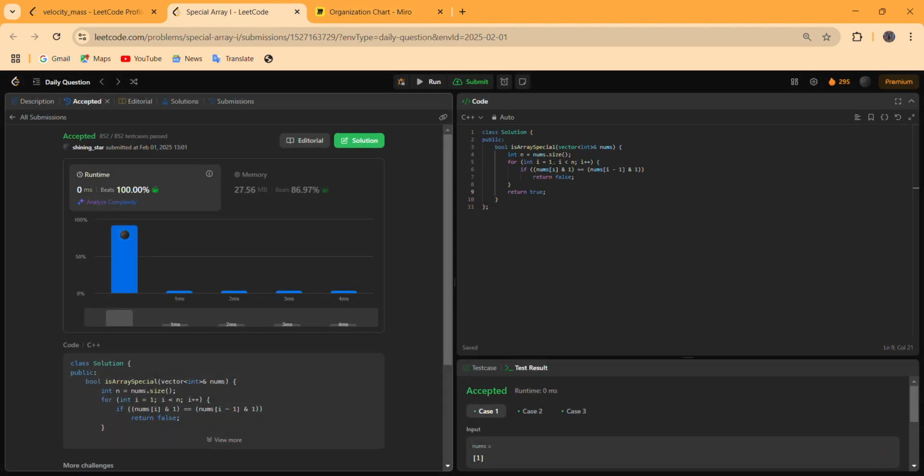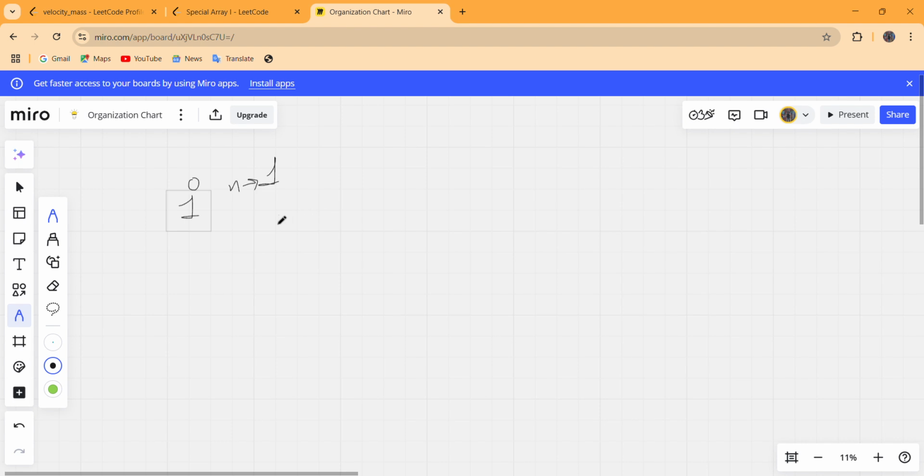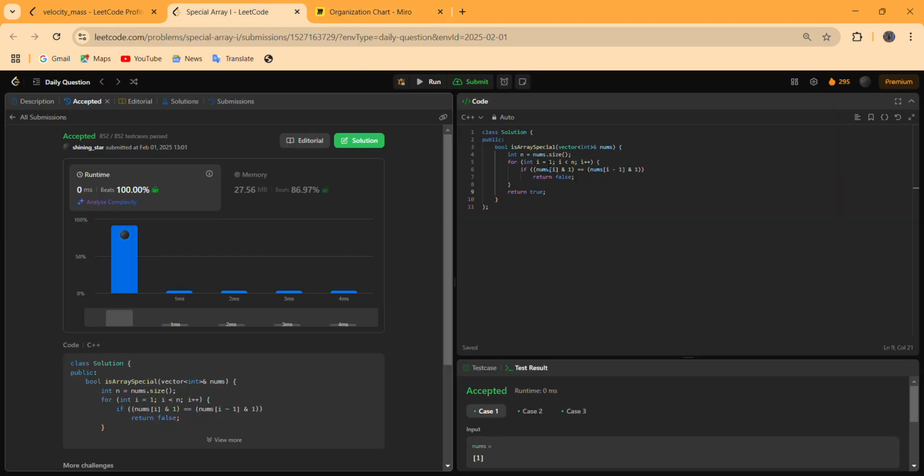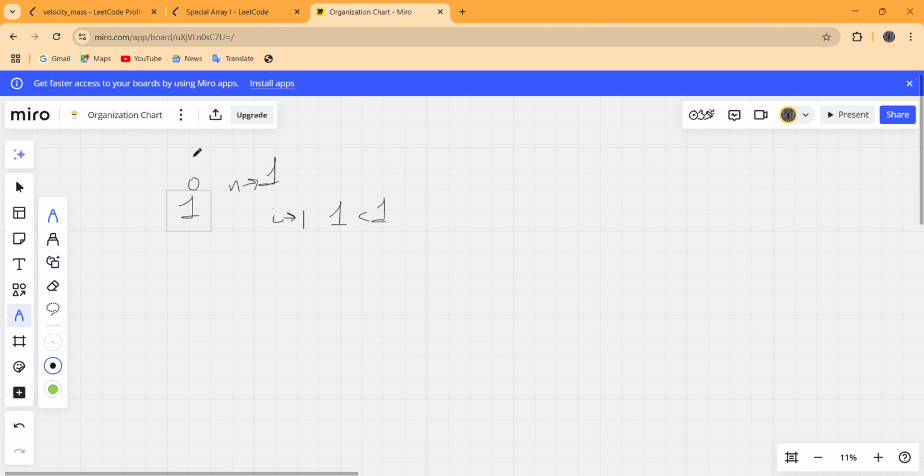Our i will start from 1, and we check if 1 is less than 1. 1 is not less than 1, so this condition is false and the for loop will never execute, so this will simply return true. In case the input array contains only one element or no element, true is returned by this function. So this first input will return true to the caller.